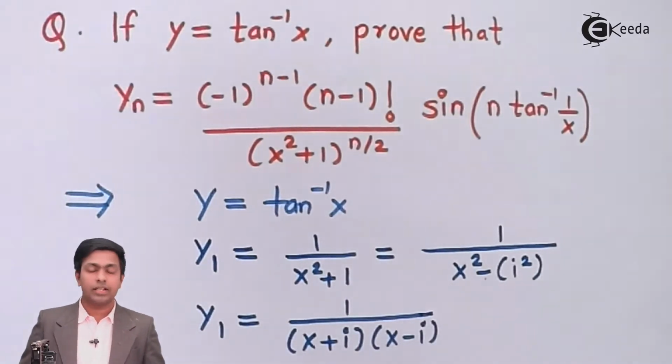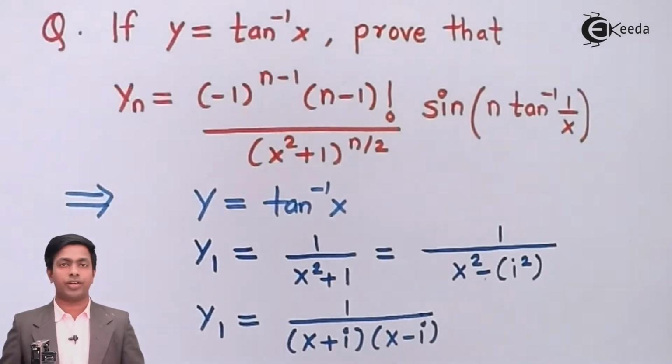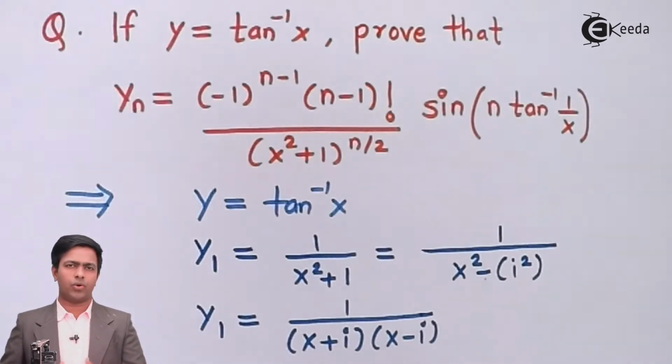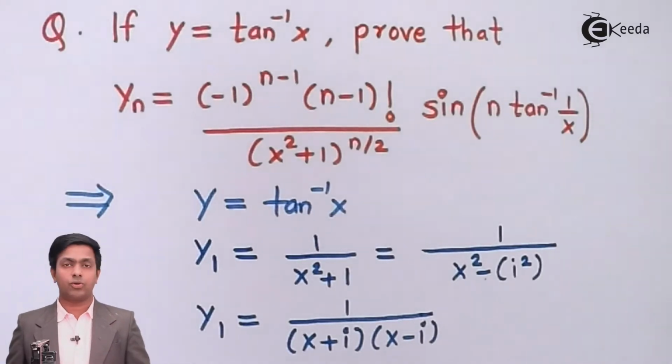Now after this, we still can't find the nth derivative directly, because in the denominator we have two factors. So we have to separate the factors, and to do that we apply the rule of partial fractions. But if you apply the rule of partial fractions, it will take 1 or 2 pages to solve. So instead, we will use a shortcut, or I would say we'll do a few adjustments to get the partial fractions directly. I am sure you have watched my previous video, because in problem number 1 I did the same type of adjustment to get the partial fractions.